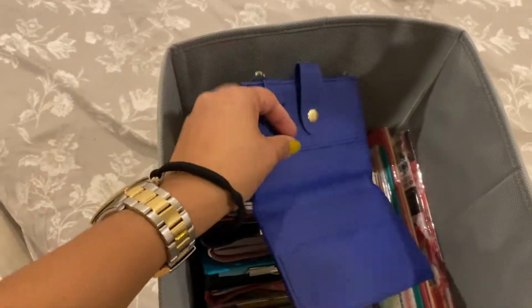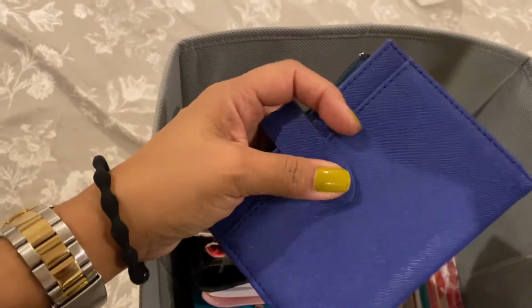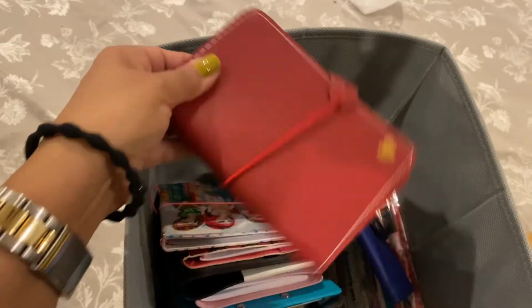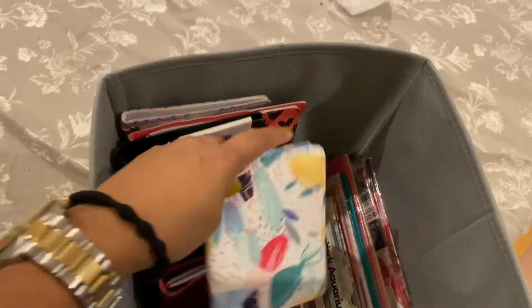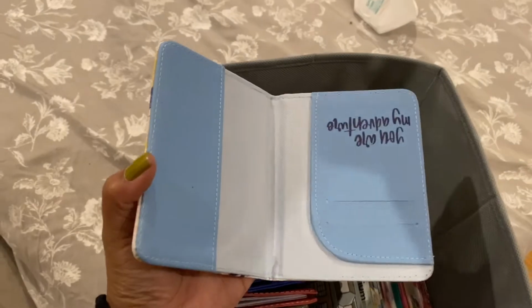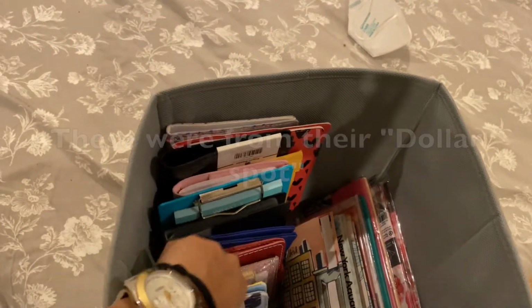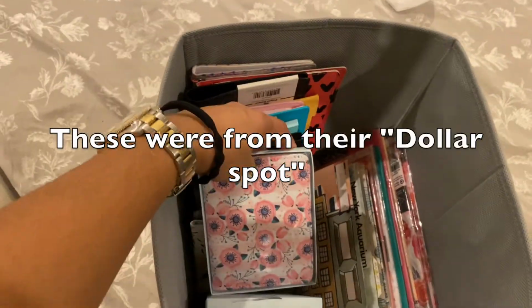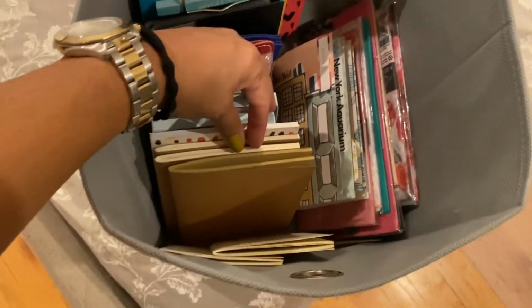I did a tutorial on how I turned this into some Happy Mail for someone. I made it into a cute little traveler's thing. So if you ever see wallets like that at Target or wherever, you should grab it and make Happy Mail. This is a passport holder that I got from Target for like $3, and I got a couple of them, and yes, it was with the intention to make it into a Happy Mail thing. So here are some extra ones. Those are the ones from Target. Extra notebooks